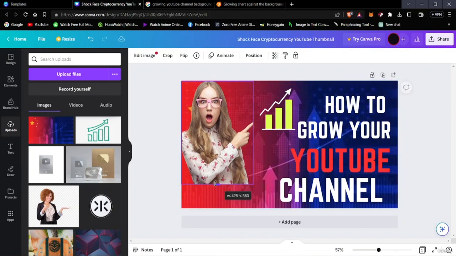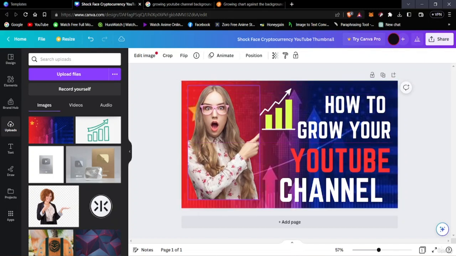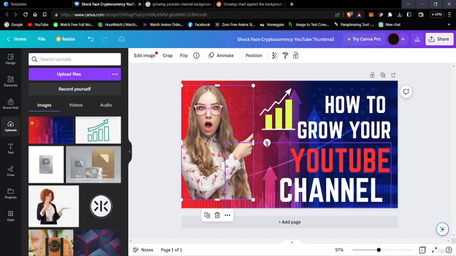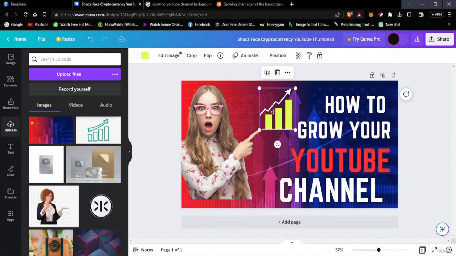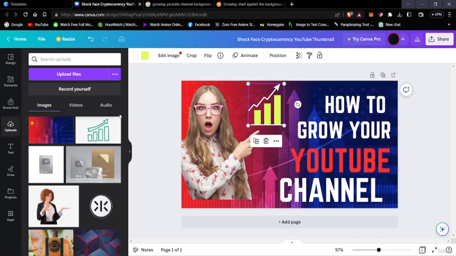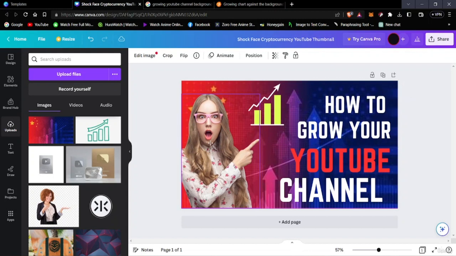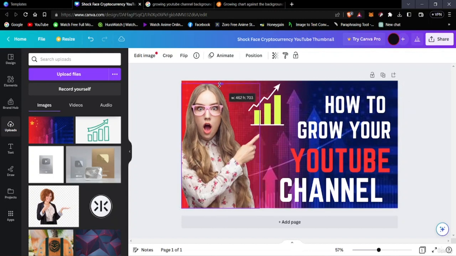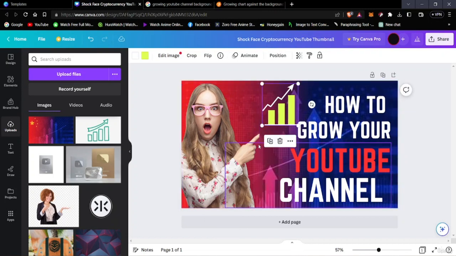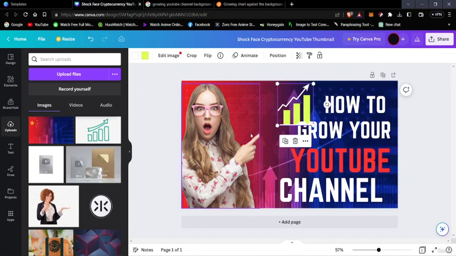Just move it a little, just like that, and we're gonna place it right here. Okay, and we're gonna place this one like that, and now you can see that the interface has been changed drastically, right? So we can just adjust this picture like this, and then move it a bit here, this one,